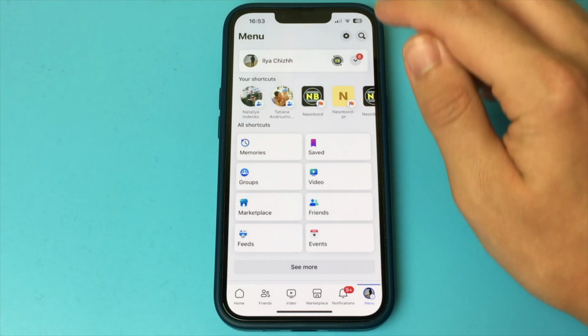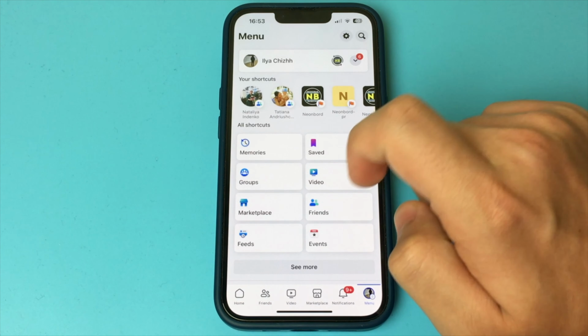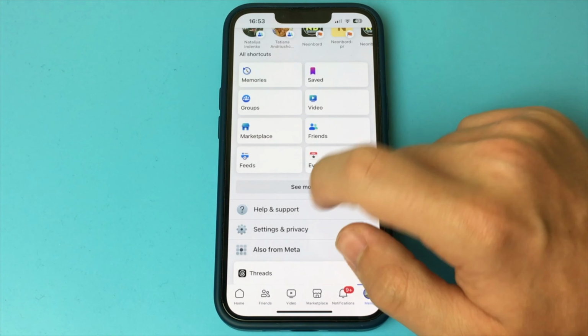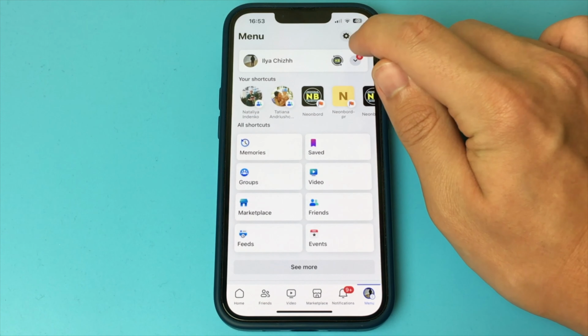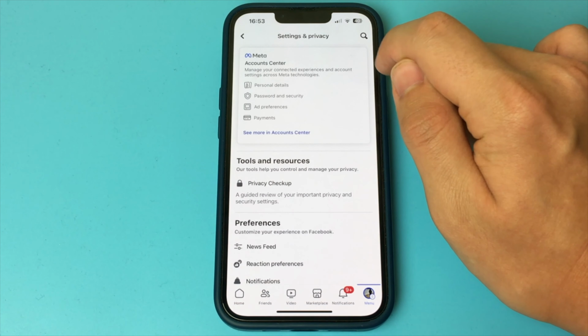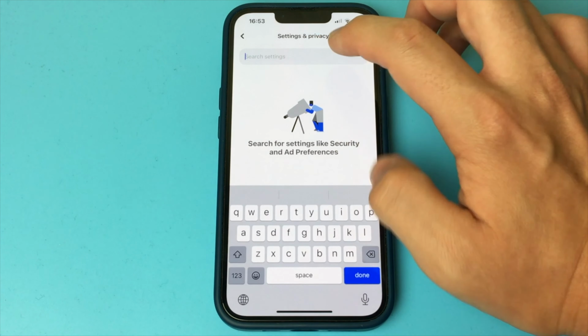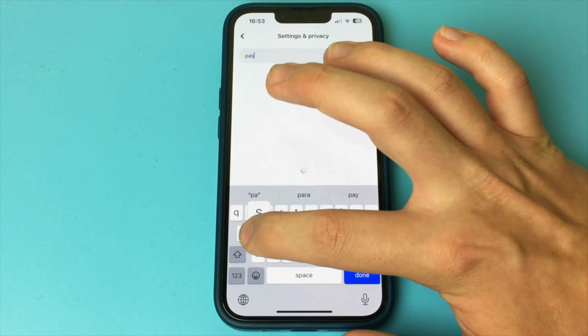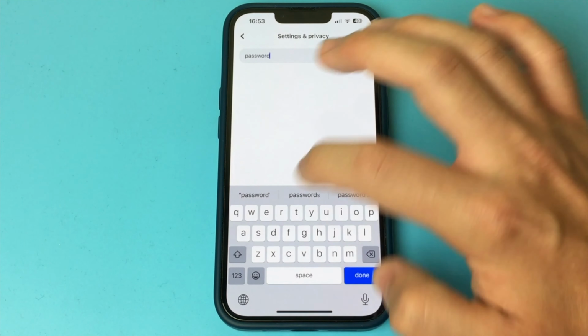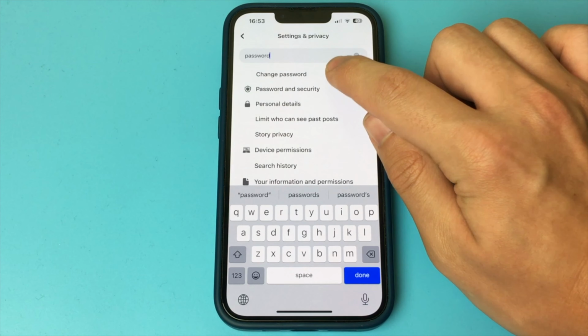Everything is very simple. You go to Facebook. Now here you click on your profile and the menu goes a little lower and select the item settings and privacy, or click on the icon on top of the setting. Now here we click on the search and to save time we write password and we will see the item change password. Click. Now here opens this menu. Here we select the account that interests us.